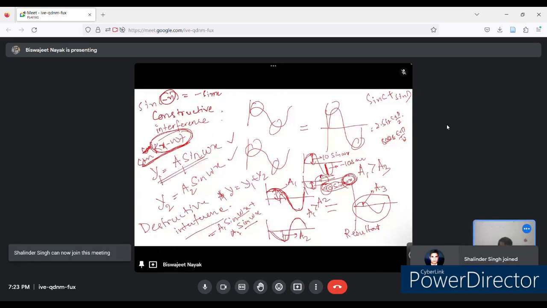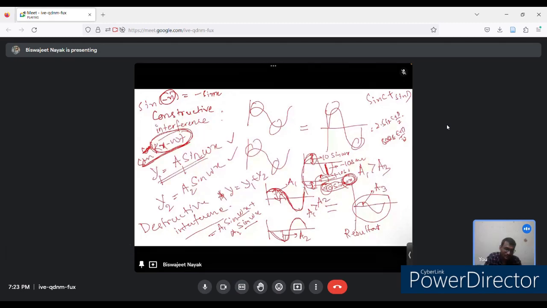And when this will be added, because this one will be added with this one, and this one will cancel out this one, and this one will cancel out this one. So net resultant will be,